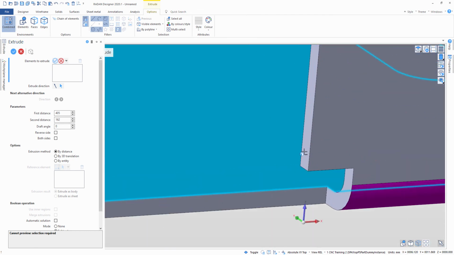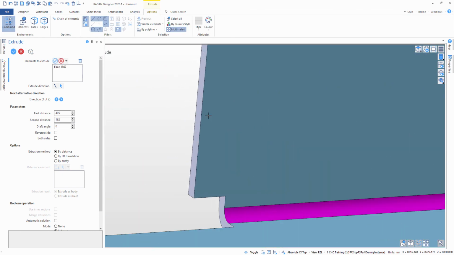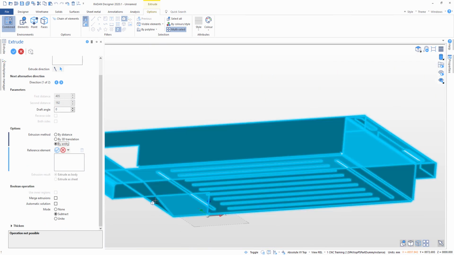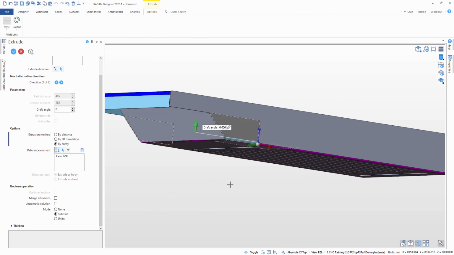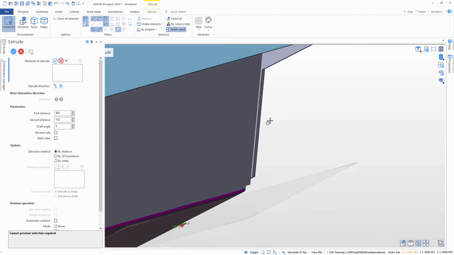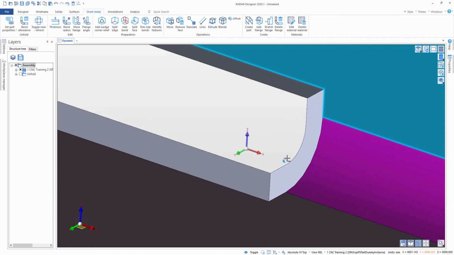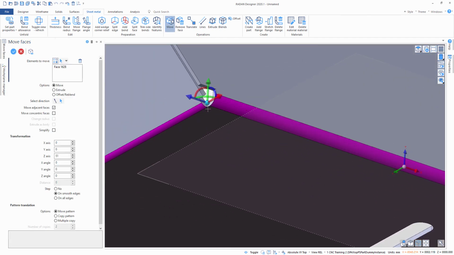So I will pick this face as an extrusion face and this face, I'll just delete this one. This face as an extrusion face, and as an extrusion method, I will pick by entity, and I will select this face. So this helped me close that gap. And now also maybe move this arrow closer here,